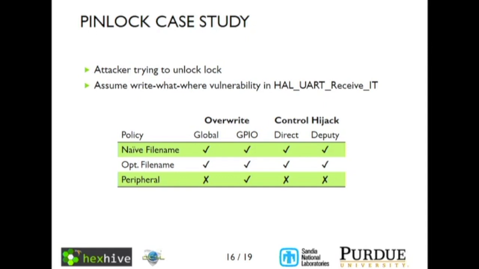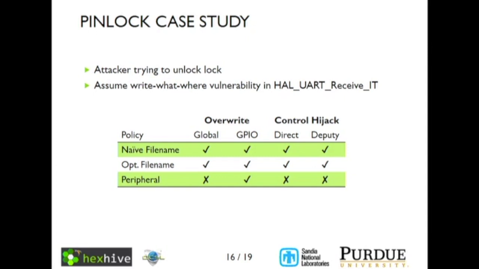If the attacker's trying to unlock the lock, there are 4 ways he could do this. The first one is to overwrite the global variable storing the pin. The second one is to directly write the GPIO, basically writing directly to the peripheral and saying unlock the lock. The other one is a control flow hijack, where they directly call the unlock function. And the other one is a confused deputy attack, where they call a function that calls the unlock function with the correct inputs to make it think it should call the unlock function. It's called a confused deputy because you deputize this other function to do your dirty work for you by